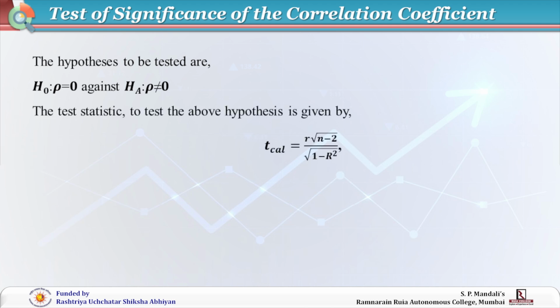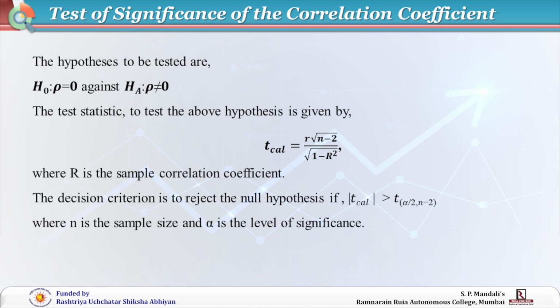Whenever we are performing any test of hypothesis procedure, there is a test statistic which enables us to decide whether to reject the hypothesis H0 or to retain it. Here is the test statistic given by T, and it follows T distribution. Using this T distribution, we will be able to compute a value which is called as a p-value. This p-value, when compared with the level of significance, will allow us to decide whether to reject the null hypothesis